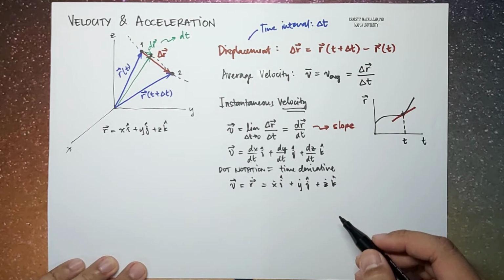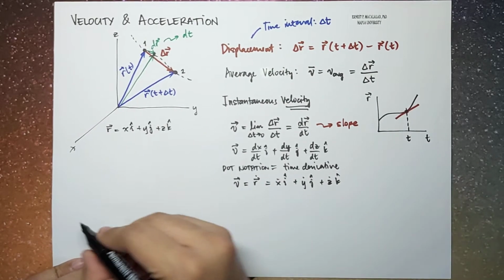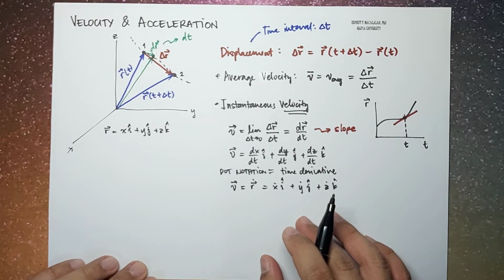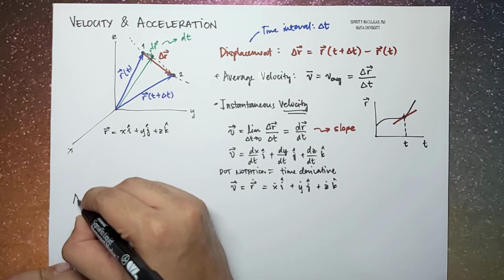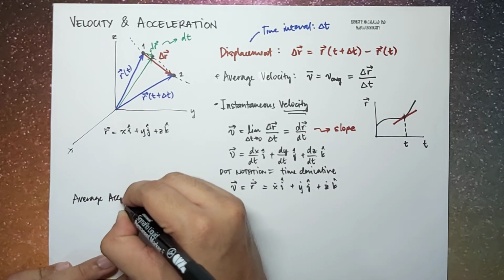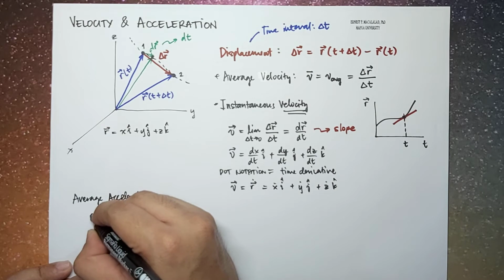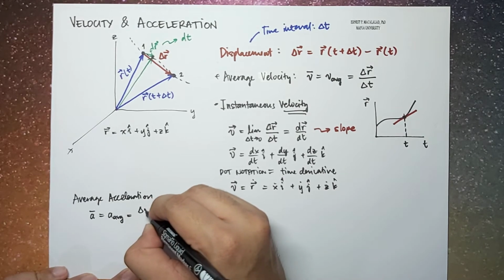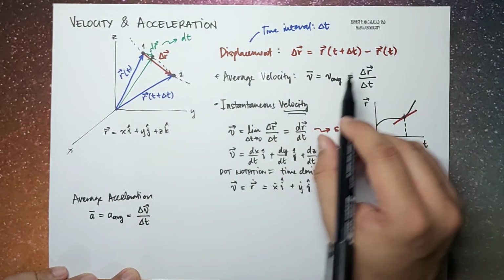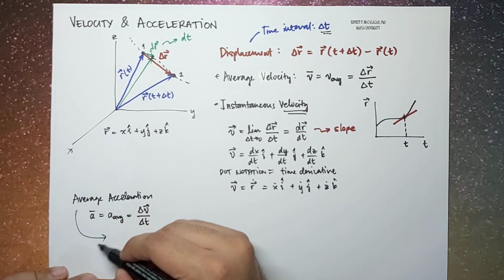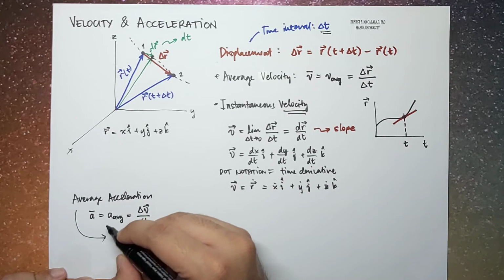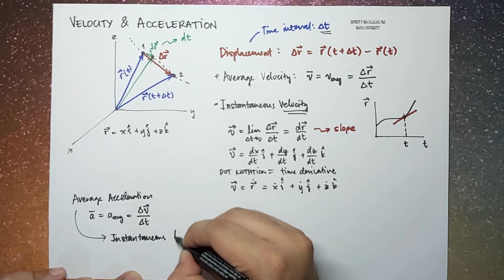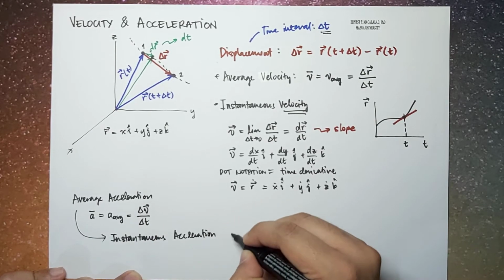Now similarly, we can calculate the acceleration. From these two definitions, we can express a similar expression for acceleration. The average acceleration, a bar or just a average, is equal to the change in velocity over the same given time interval delta t. From here, we can write the instantaneous acceleration, a vector,